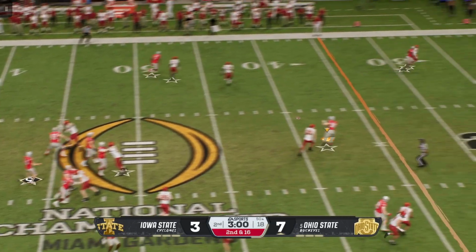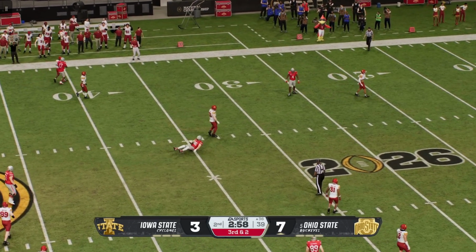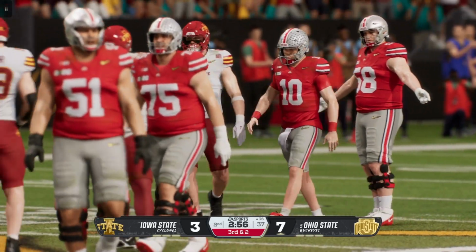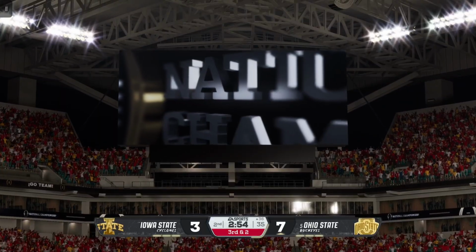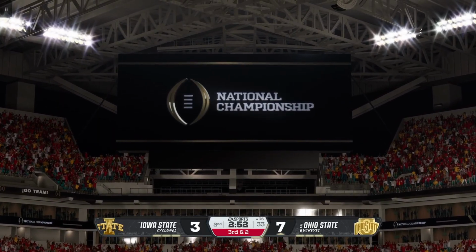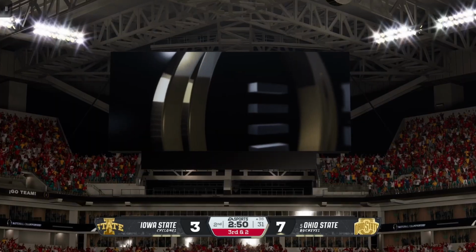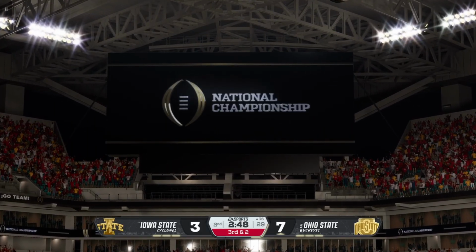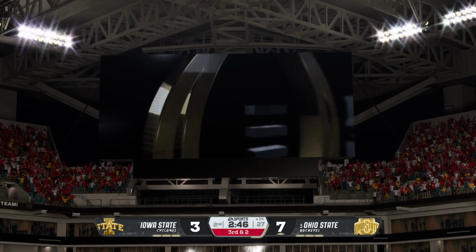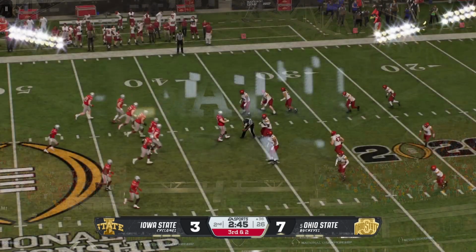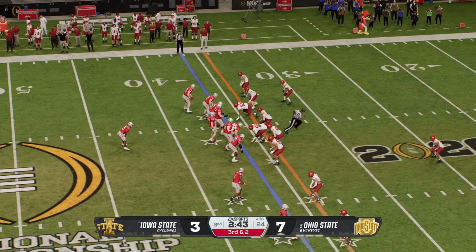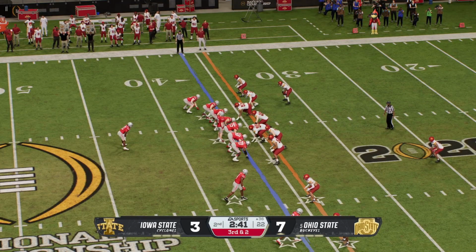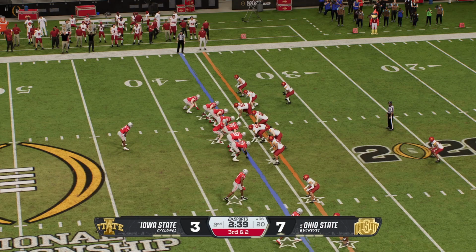Fakes the handoff, looking to throw. Wide open downfield. Defense makes the stop very close to a first down. That's another huge game for this guy, and I'll tell you what they're doing a good job of is moving him around. He's not aligning just in one spot where the defense has an idea of where he is to try to take him out of the game. They've moved him around, given him a chance to get some one-on-one matchups. Boy, is he taking advantage of that here in the first half of the national title.